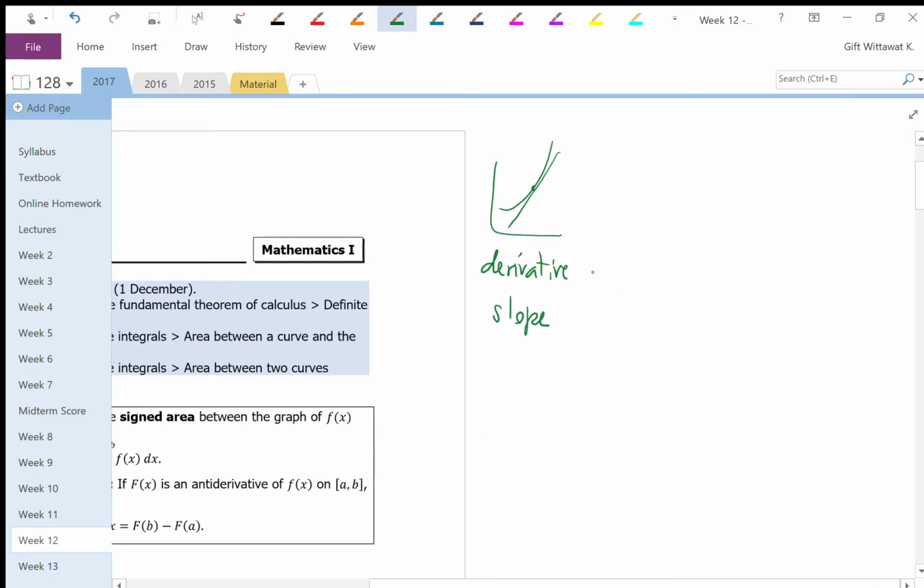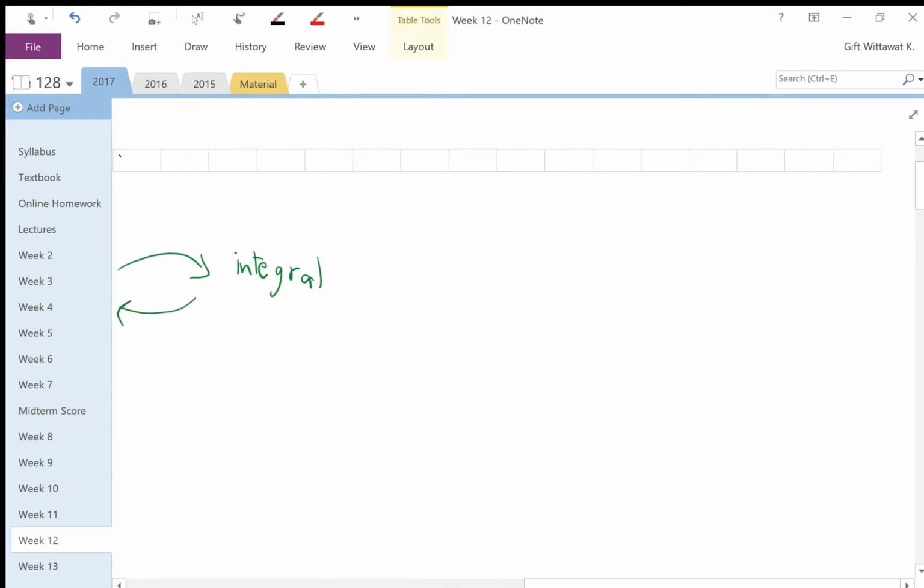Now, last week we also saw that the derivative is the counterpart of another operation called the integral. So you should expect that the integral has some pretty nice geometric interpretation as well. And it turns out that the integral corresponds to, what